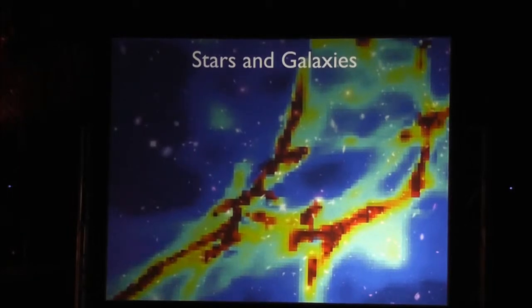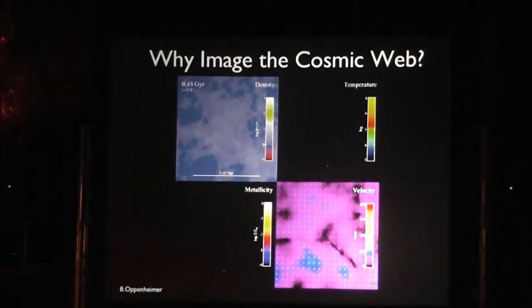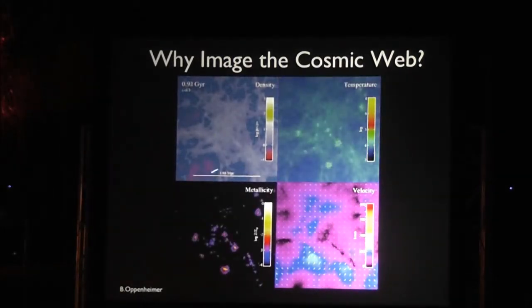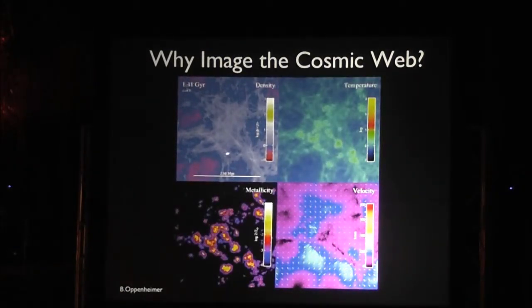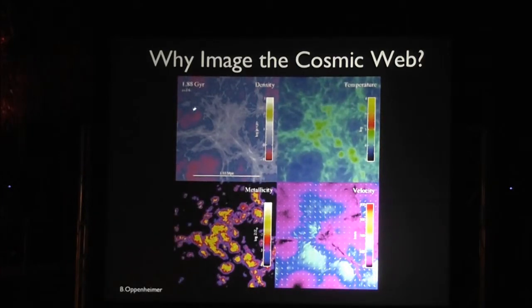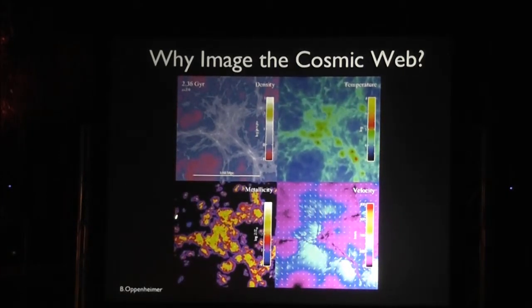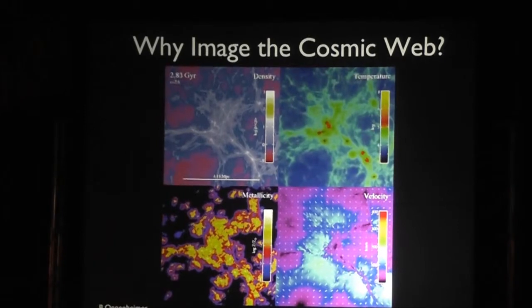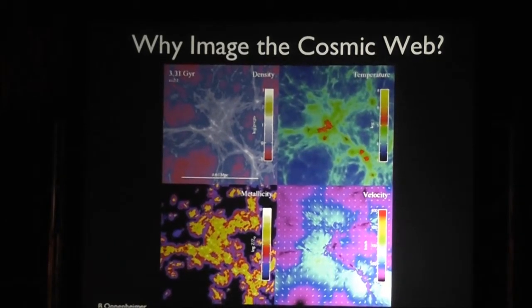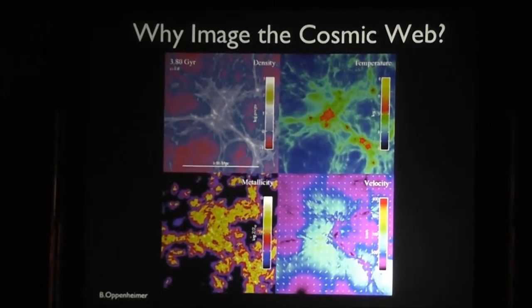So even though it's really hard, we want to do it because there's so much physical information. This is a simulation showing the density, how it increases with cosmic time, the temperature, the metallicity. Basically, galaxies are forming stars. The stars are forming heavy elements. Those heavy elements are being